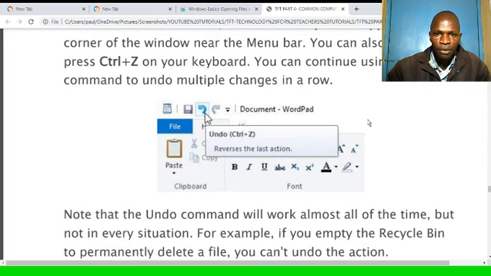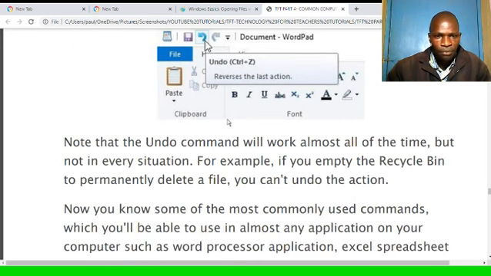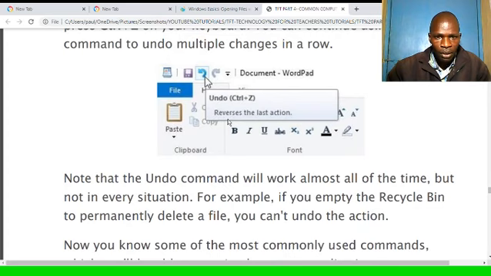So this is a snapshot of undo, and you can see here this backward arrow shows that you go back. So undo, and in brackets Ctrl plus Z, which is a shortcut on the keyboard. It says it reverses the last action. So clicking this one will undo. You can also redo, and this one is indicated by a forward arrow.